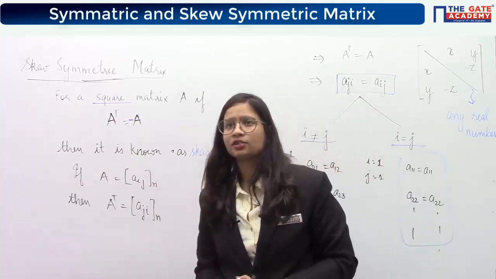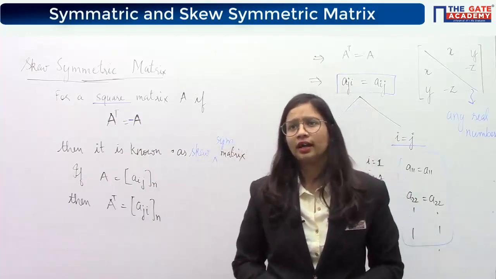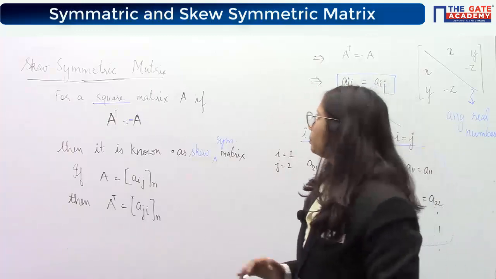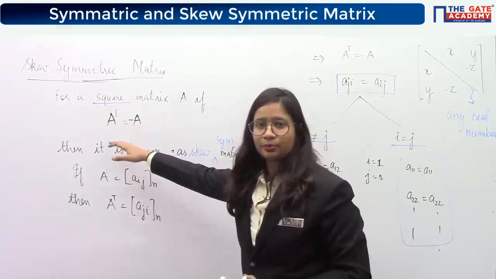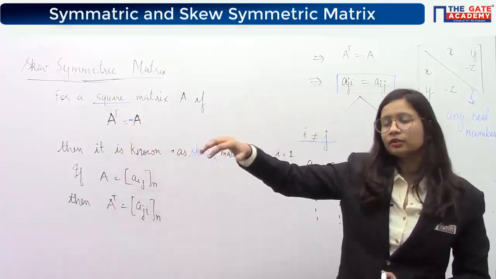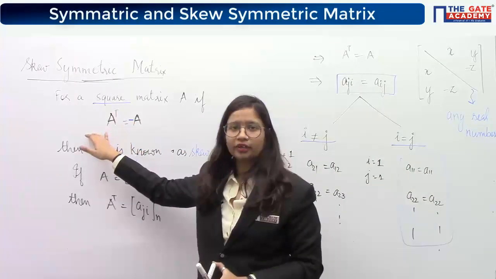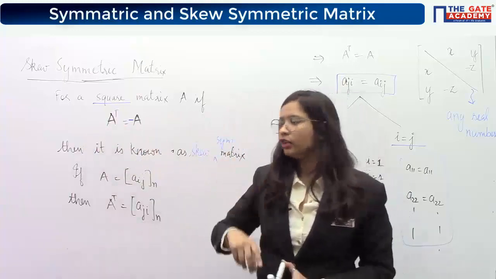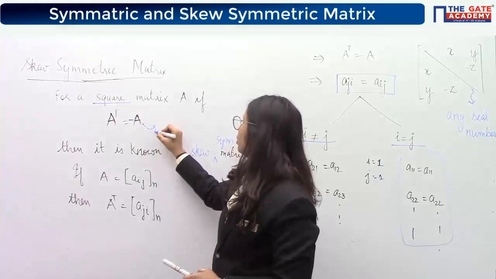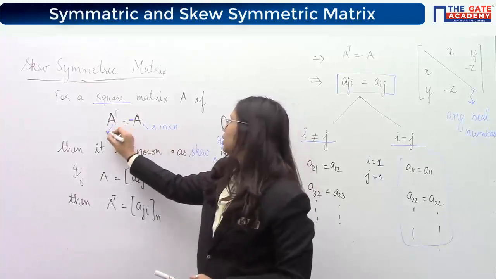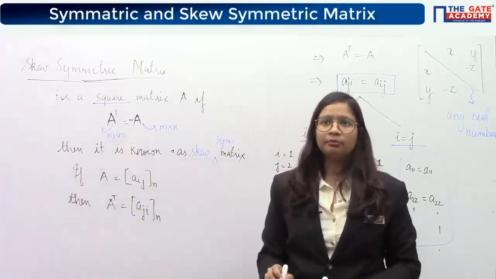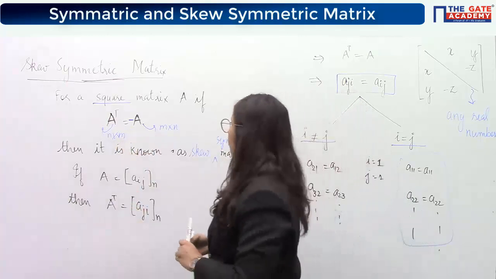For a matrix of 3 cross 2, we can't have it, because symmetricity in matrices applies when A transpose is equal to A, or equal to negative of A. If you want to equate them, their order should remain the same. We know that if A has an order of m cross n, then A transpose will have an order of n cross m. So we can never equate them if they are a rectangular matrix.